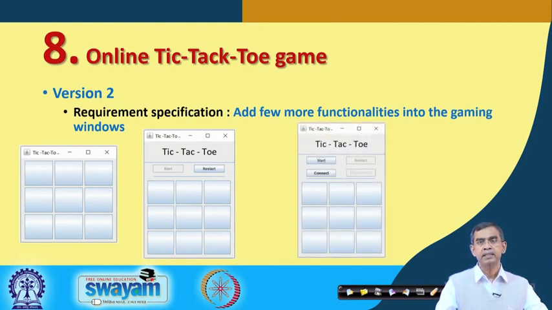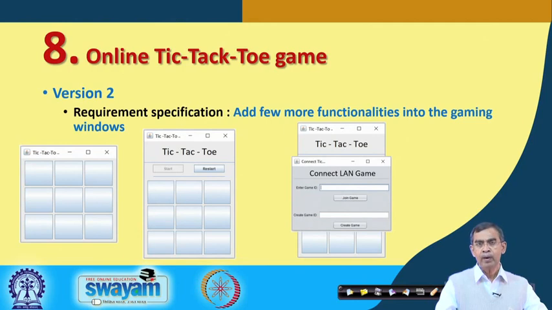Once the start button is selected, other than the start, stop and restart buttons, we also have to allow another facility to connect the user to some other machine, some other users or some other player. So a connect button will take care of this, and disconnect is basically if you want to quit the game. Once one player clicks the connect button, it will pop up a window asking for the game ID. So your name can be the game ID.